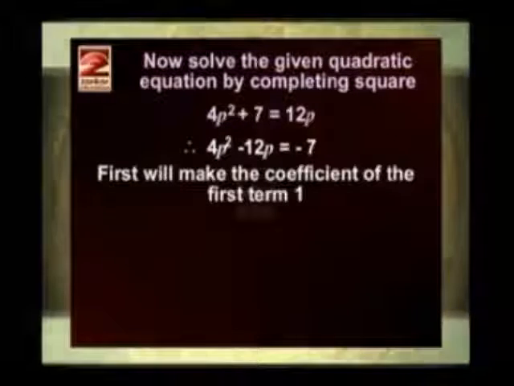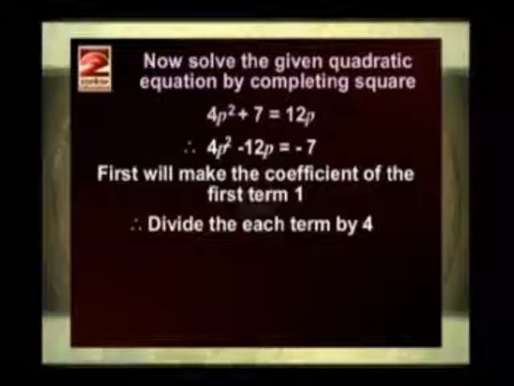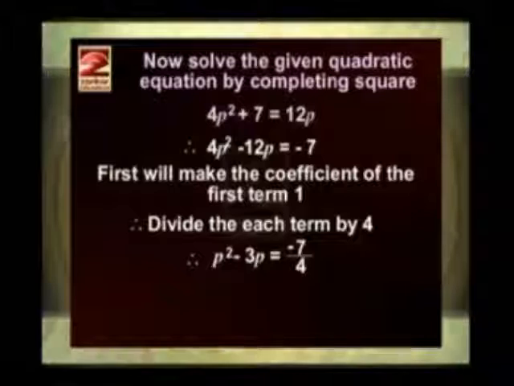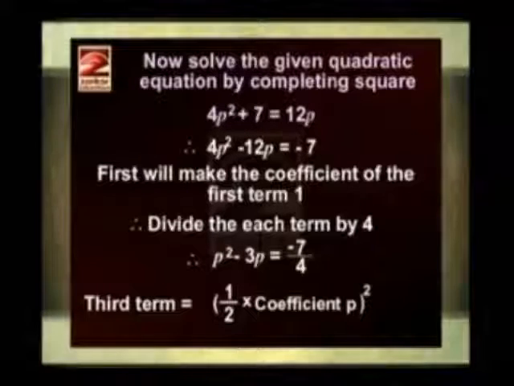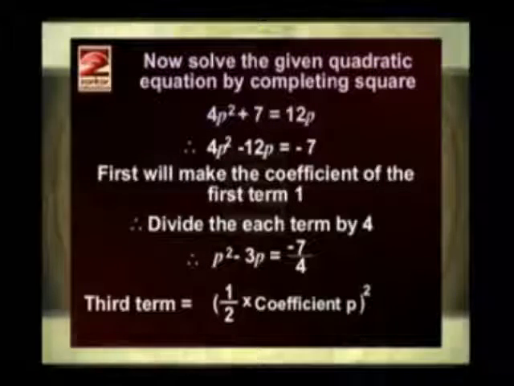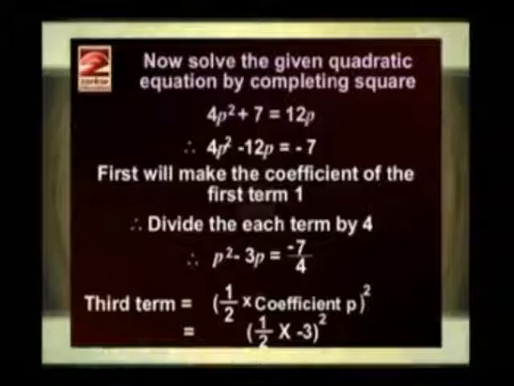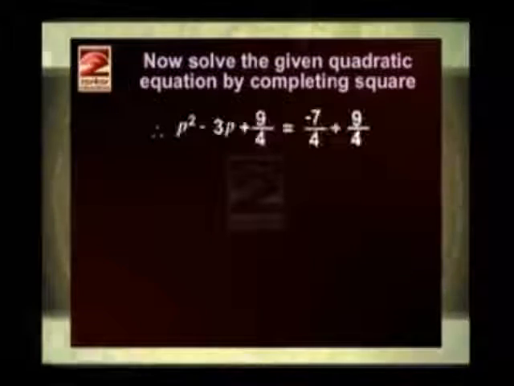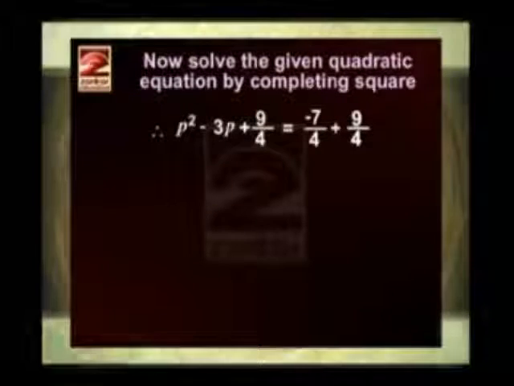First we'll make the coefficient of the first term 1, and therefore we should divide each term by 4. So therefore p square minus 3p is equal to minus 7 upon 4. To find the third term, that is equal to (1 upon 2 into coefficient of p) bracket square, that is equal to (1 upon 2 into minus 3) bracket square, that is equal to 9 upon 4. And therefore, the equation is p square minus 3p plus 9 upon 4 is equal to minus 7 upon 4